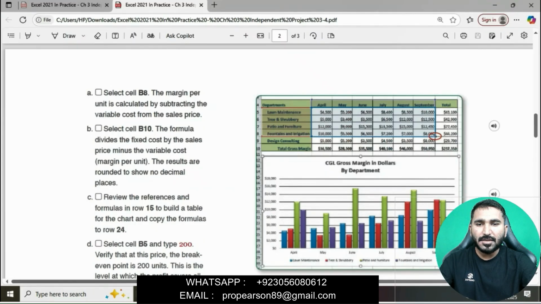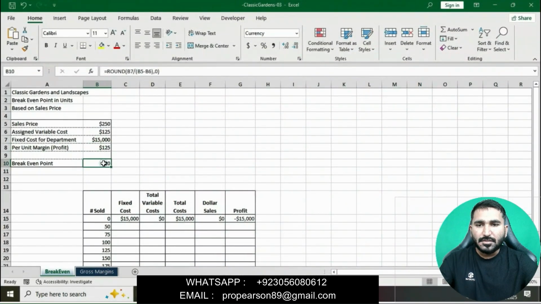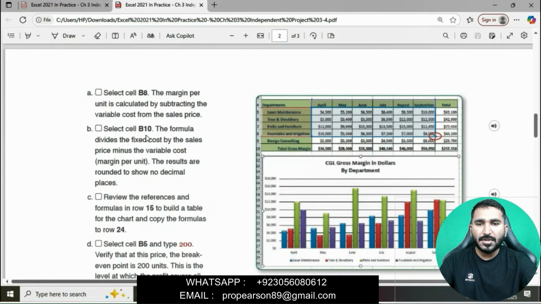Select cell B10. The formula divides the fixed cost by the sales price minus the variable cost, which is the margin per unit. The result is rounded to show no decimal places. Click on cell B8, you can see here. The formula divides the fixed cost by sales price minus the variable cost, margin per unit.